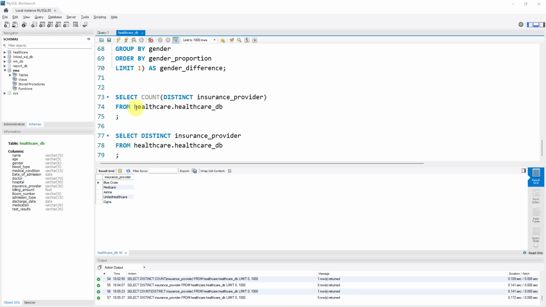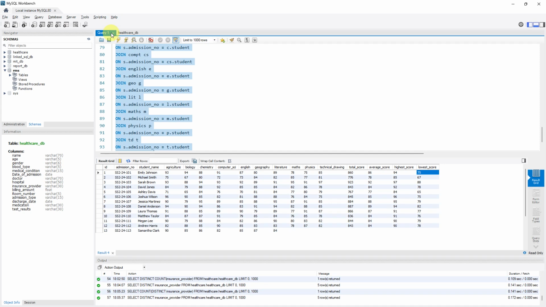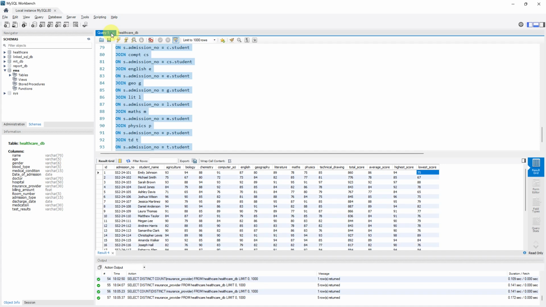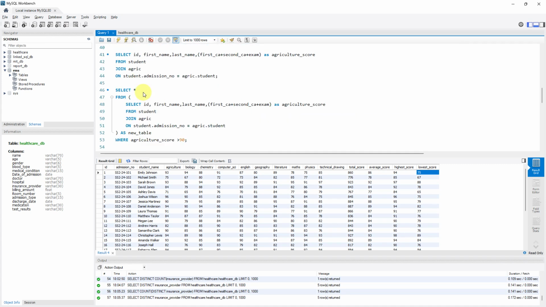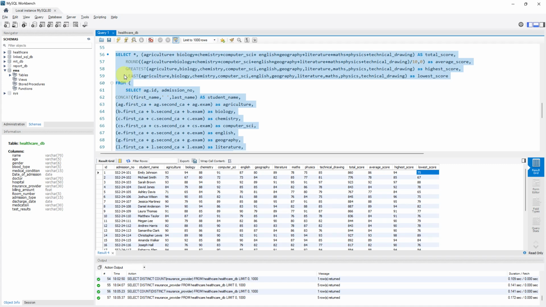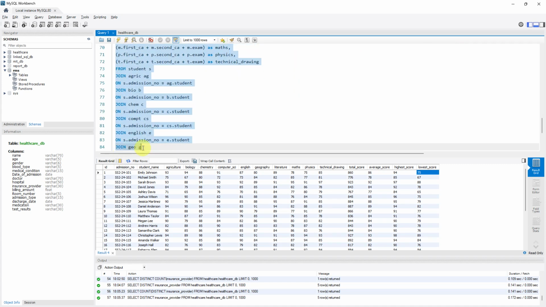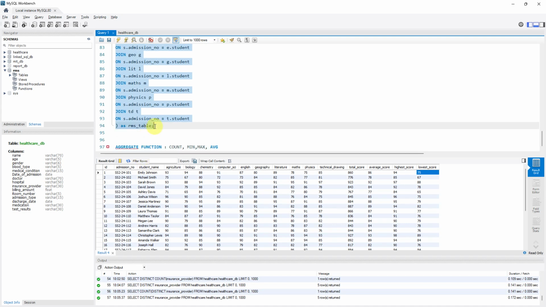So we cannot use distinct. Does that make sense for the person that asked? I wanted to discuss some concepts before we move on. Now you see this whole table here. This is my whole table, right? If I want to just create a new table instead of having to run